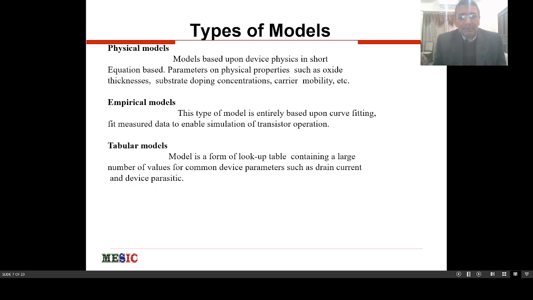And the second one is the empirical model, which is our model. It is more like curve fitting. We make a curve. It is an IV curve. We use some semiconductor parameter analyzer. We see the IV. We see this is its curve. This is VD curve. This is capacitance curve, and we try to fit using equations. If we see this is the curve, is like electron 1 over E, so we use that equation and fit that curve. It's quite famous, and we use some simulation and fit the curve